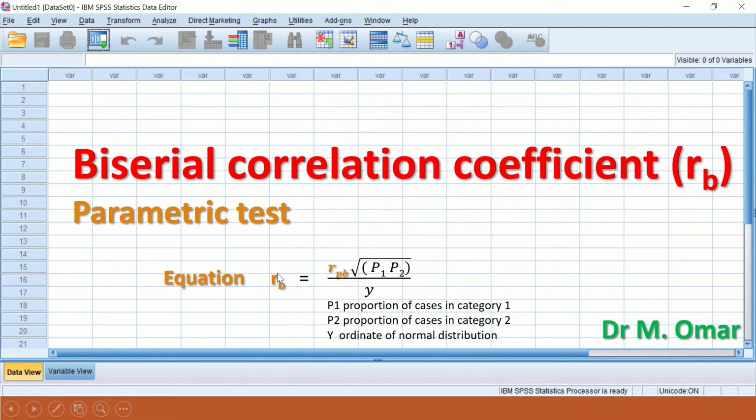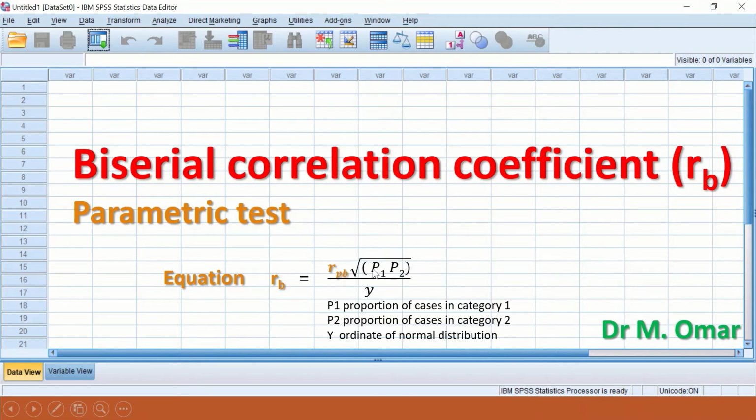The equation states that the biserial coefficient is equal to the point-biserial coefficient multiplied by the square root of P1 and P2,